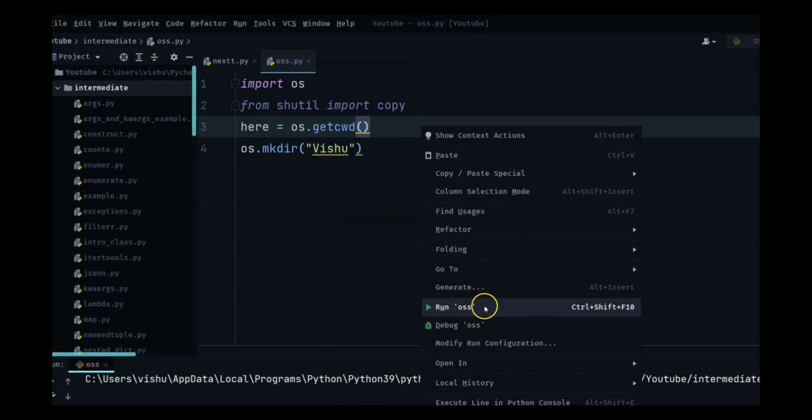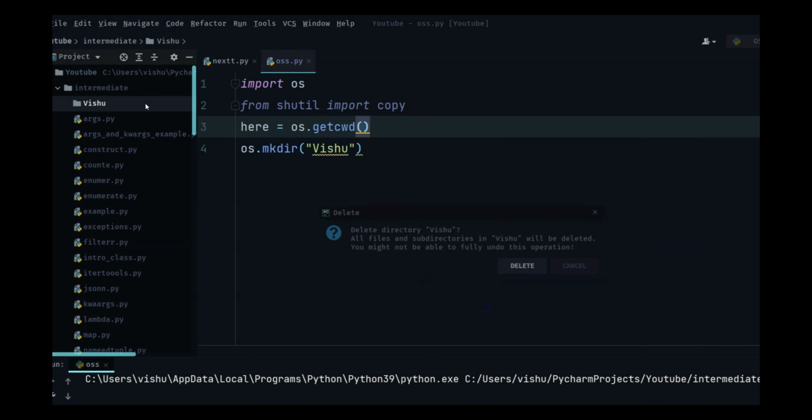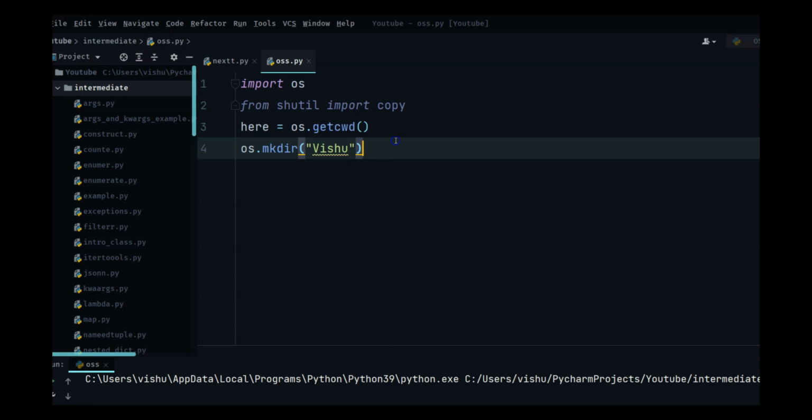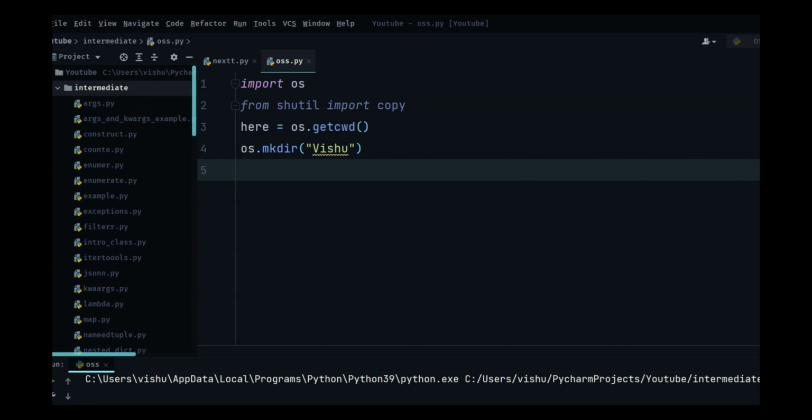I can delete it and run this again, and it's going to create it again. So not a big deal. I did a get current working directory, it gave us this location, and it created a folder in there. So now what I can do is